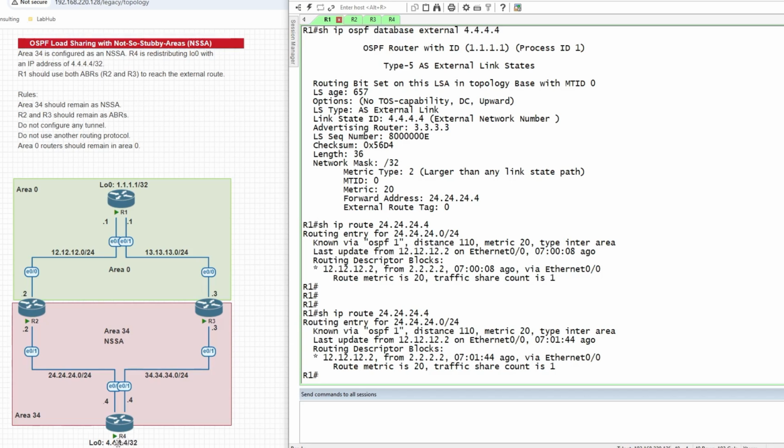What this means is that it cannot on its own be a forwarding address. We need that loopback to be in area 34. We don't have that now. So we fall back to the second condition. If this first condition is not met, then the first IP address of our OSPF interface list is selected as the forwarding address. So if we come to R4